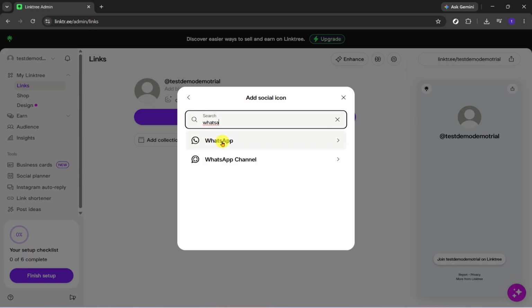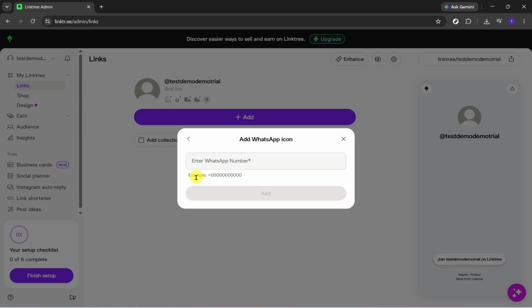From there, follow the on-screen procedure to complete the setup. Linktree may ask you to enter the relevant WhatsApp details or confirm how you want the contact option to appear on your page. Read each prompt carefully so the final link works the way you expect. It is also a good idea to double-check the information before finishing, since even a small mistake could prevent people